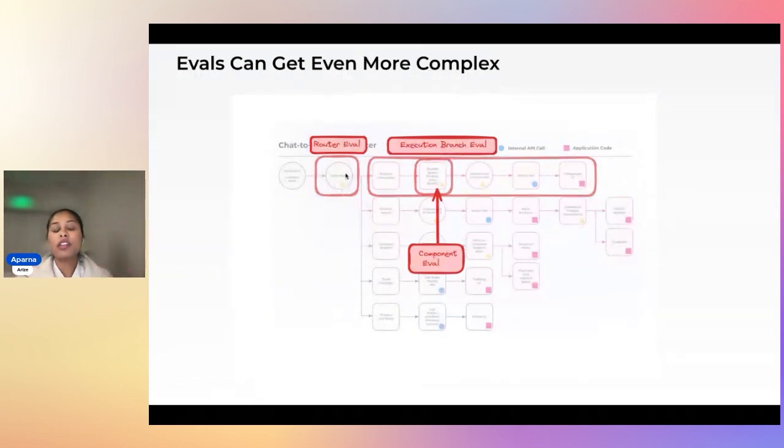So there are levels to these evals. At first, you want the router eval to work and get what the user intent is. After that, you want it to go down the right execution branch and make sure that it answered the user's question in that branch. And then each execution branch itself might have multiple components.